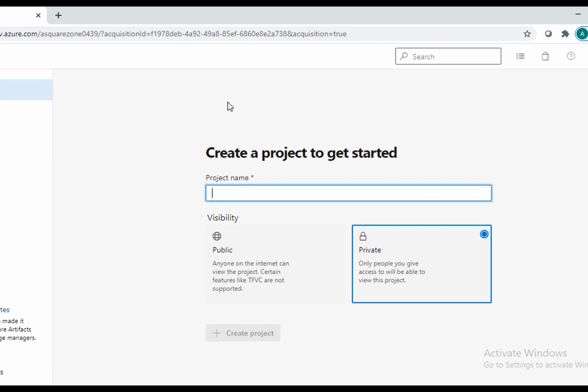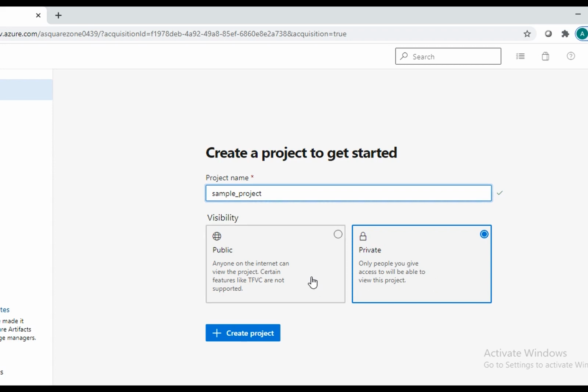I don't have any projects here. It is asking me to create a project. I'm going to give a project name, sample project, and click on create project. Here one more thing we need to remember: whether it is public or private. If I create my project as private, no one can see my project.